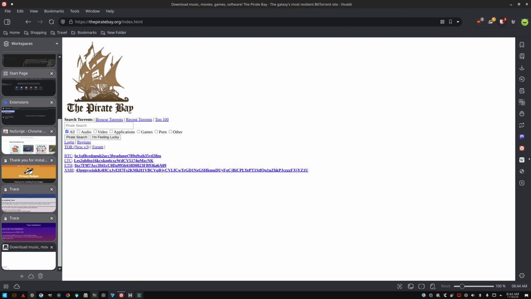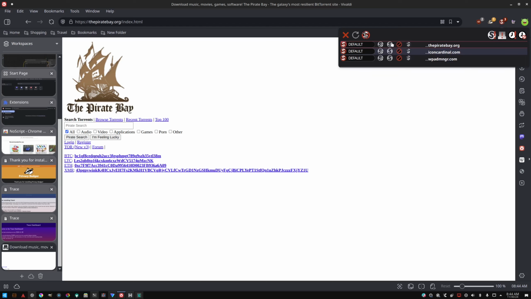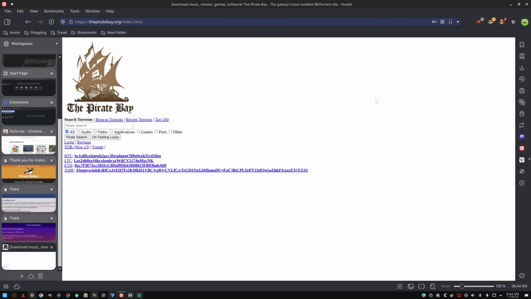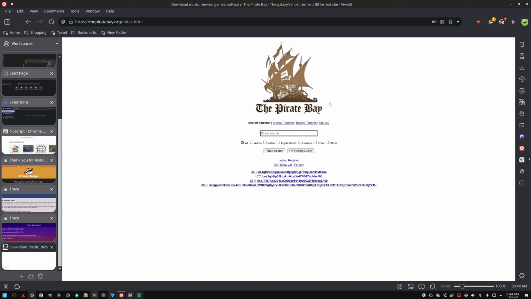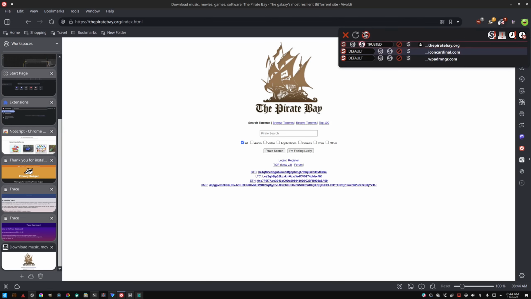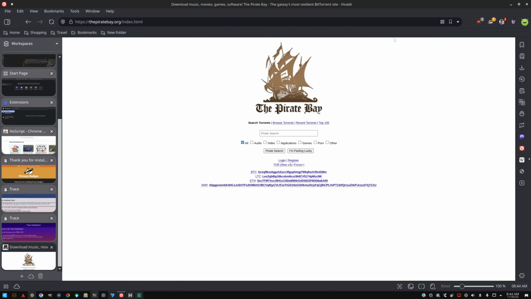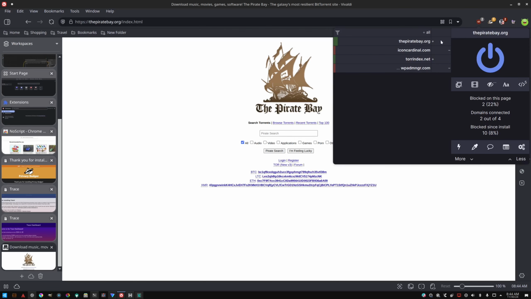It didn't load. Let's see what happens if we allow the piratebay.org script to be trusted. Now it has loaded. And I do not recommend using this site. I wanted a sketchy site with scripts trying to load that I don't want to load. I was actually hoping it would be more sketchy today and there would be more scripts like the old days, but